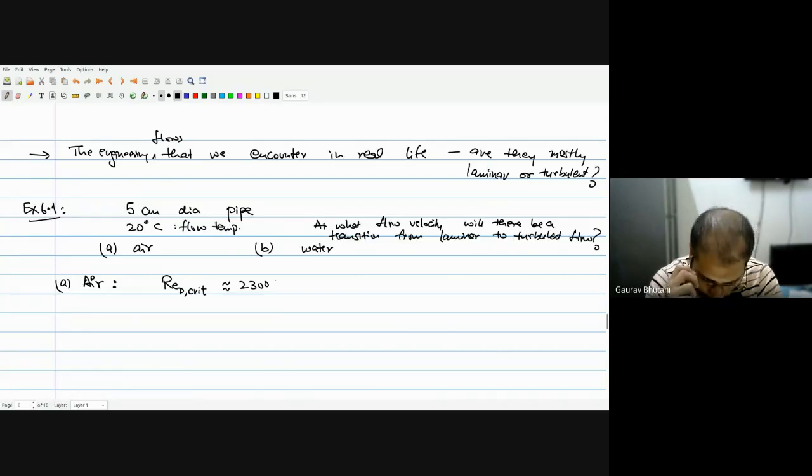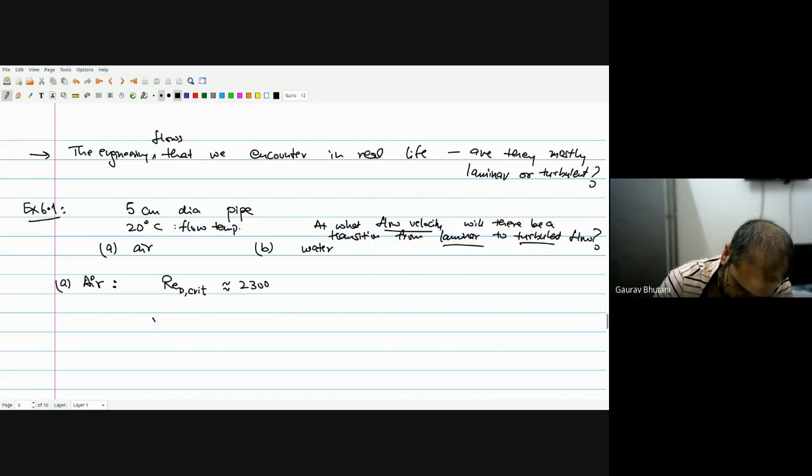So we'll discuss in which cases the flow may become turbulent before this or after this number. But let's say that this is the average around which the flow transitions from laminar to turbulent. So we'll consider this as the discontinuity point. So let's see at what flow velocity does the flow transition from below 2300 to above 2300 Reynolds number.